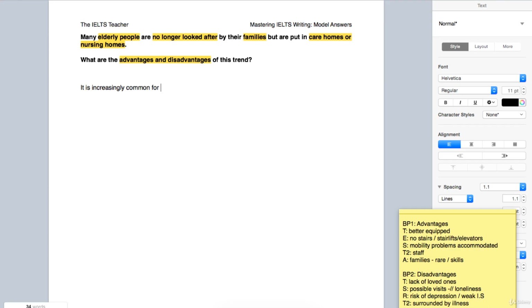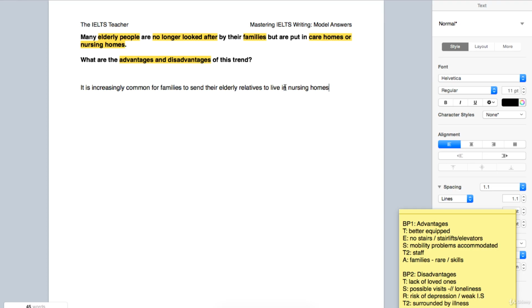For families to send their... Now we have elderly people here. I'm going to use the word elderly. I'll use that adjective, but instead of people, I'll make it more relevant to families and use the word relatives. Elderly relative. Families to send their elderly relatives. Very important here. You couldn't really even say people because you've got it as a possessive. Their people sounds a bit strange. Their elderly relatives to live in nursing homes.